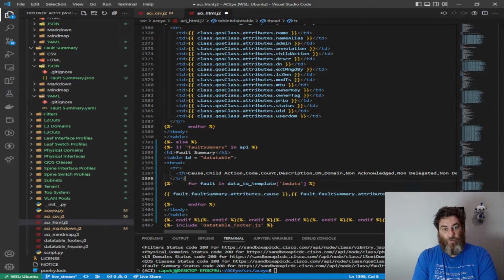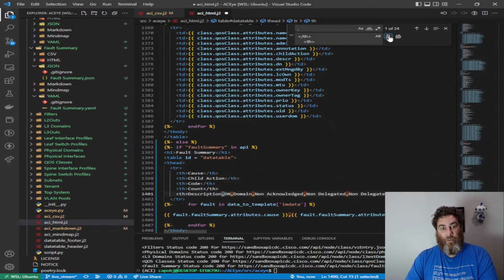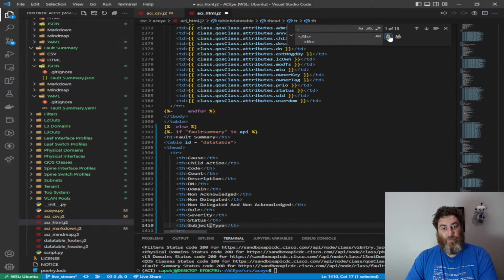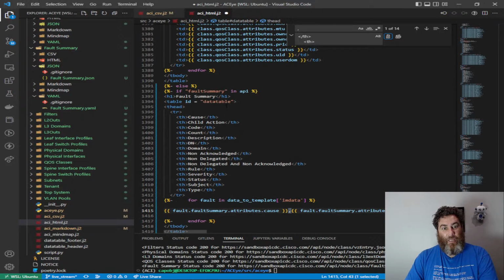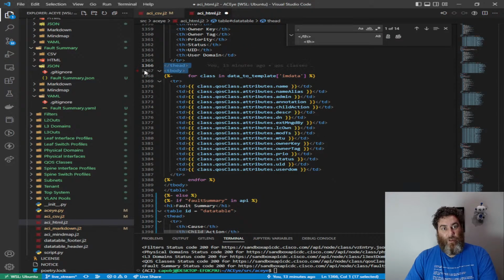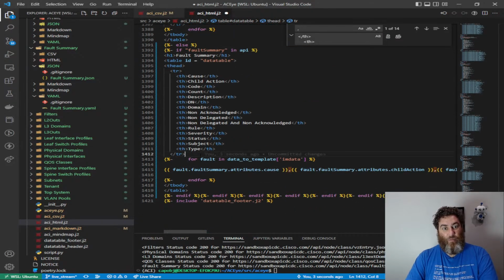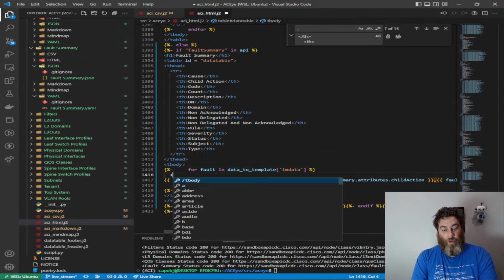close the table row, find that comma and replace it with closing the table header, Shift Enter, 1, 2, 3, 4, table header, replace all those commas. Now we have nice HTML header information. And then we need a little bit more code. Closing the table header, opening the table body, open up a new row,